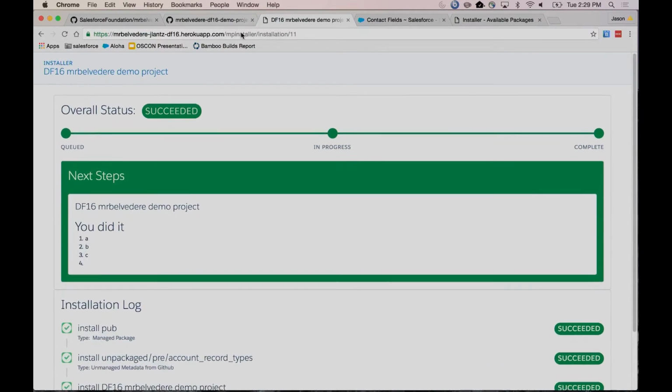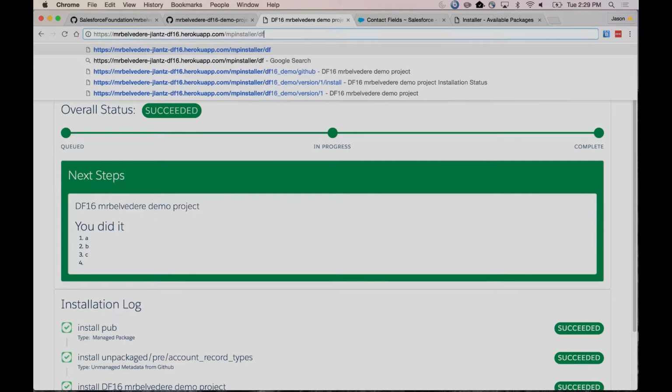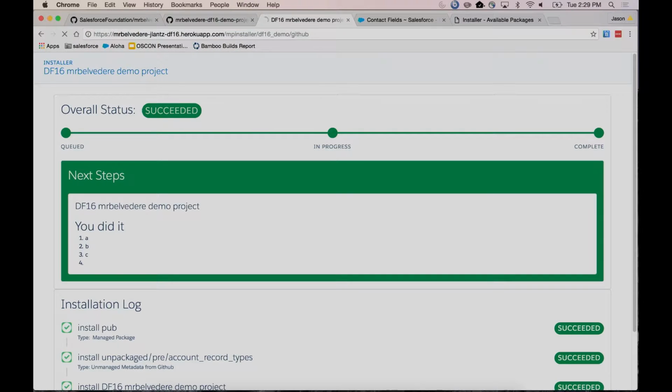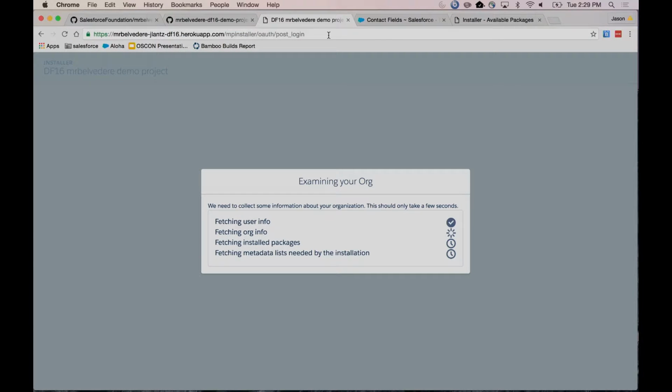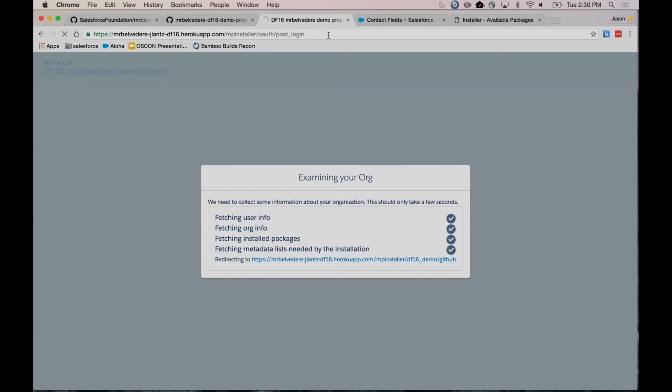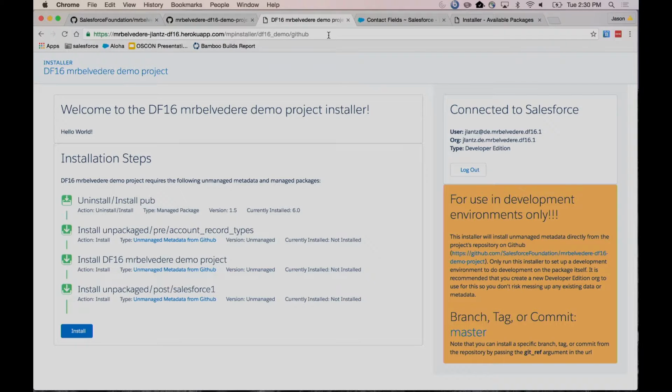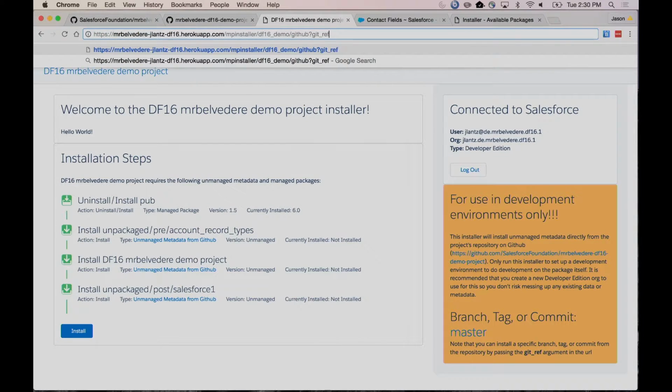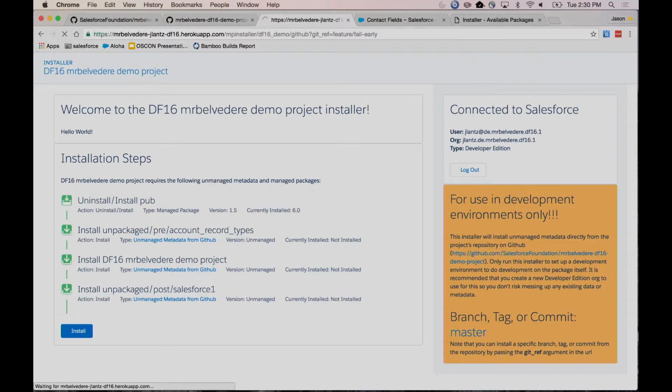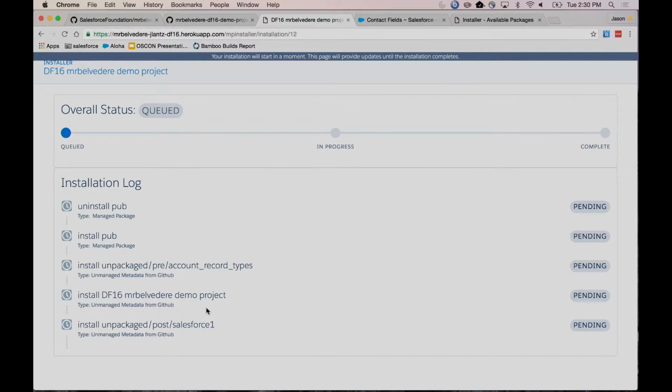So I'm going to go back to my installer. And you'll notice it's re-examining my org now, and the reason why is because it knows that it just ran a deployment against my org, so the metadata might have changed. So it resyncs and makes sure that it's inspecting the org currently. And so now I'm going to point this at a known failing feature branch. And you can see over on the right, it's telling me it's now going to deploy this feature branch here. And if I run the installation,